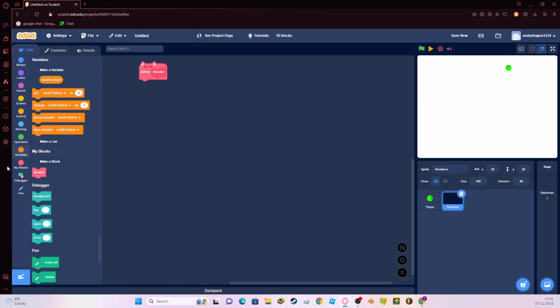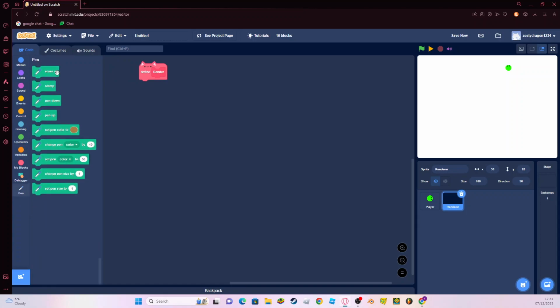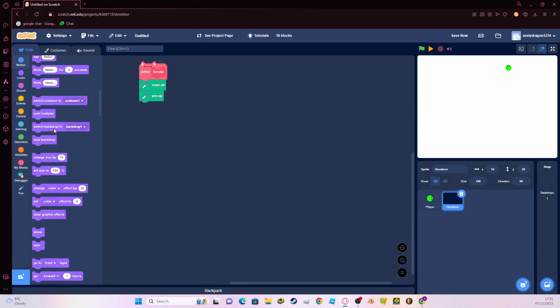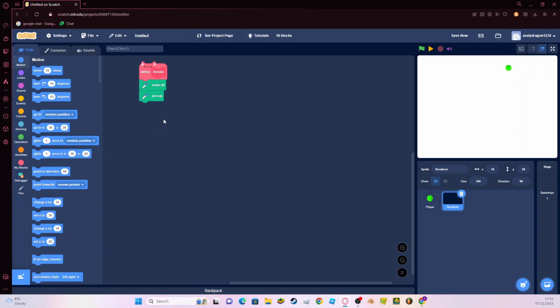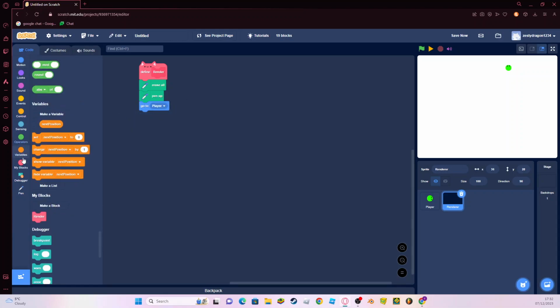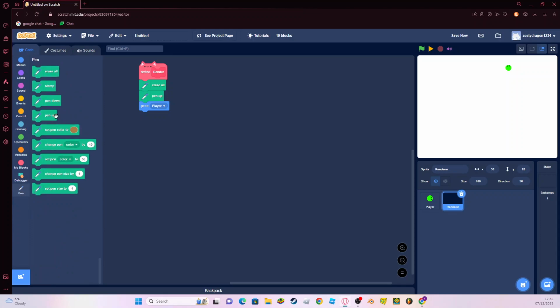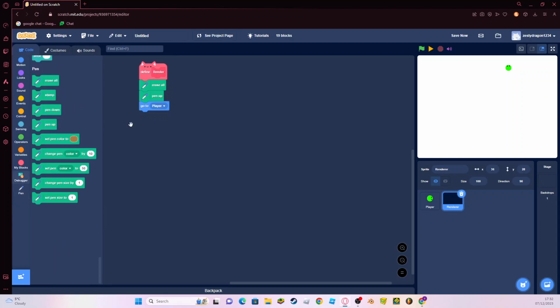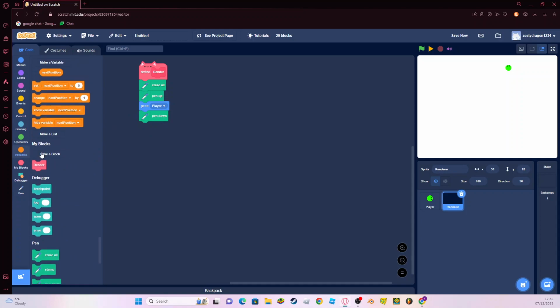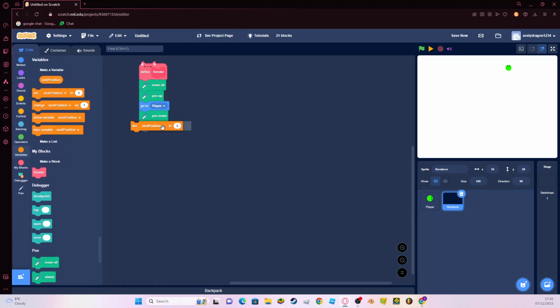So at the start, you can go to the pen and erase all, pen up, go to player. After it goes to the player, go back to the pen, pen down, set the next position to 1,